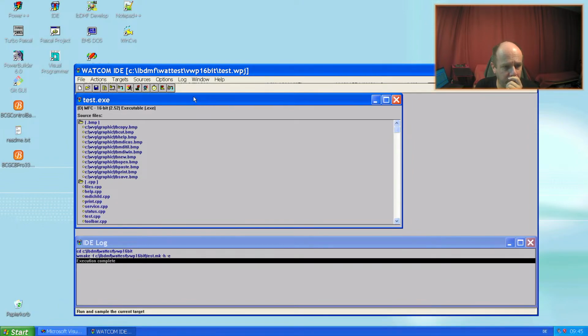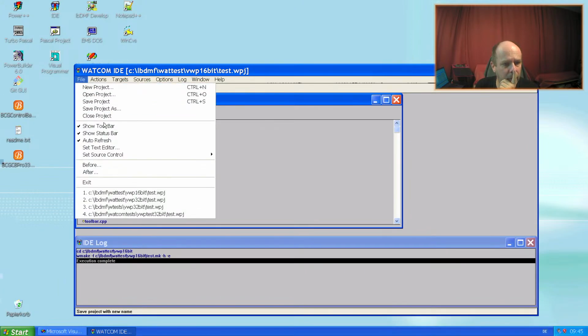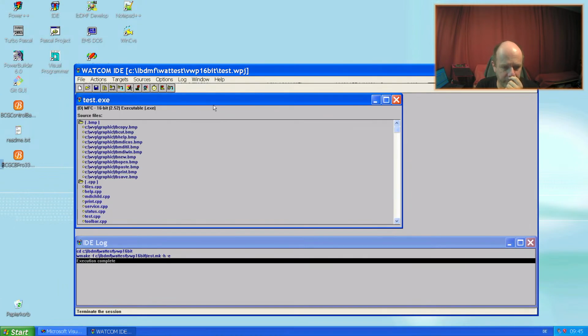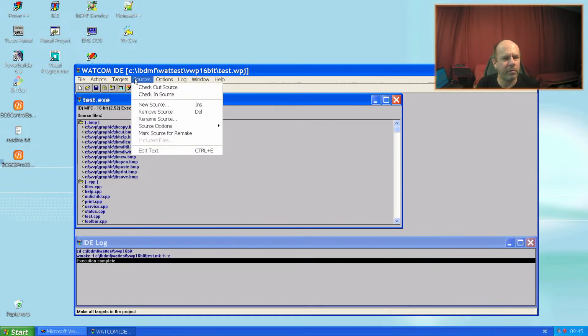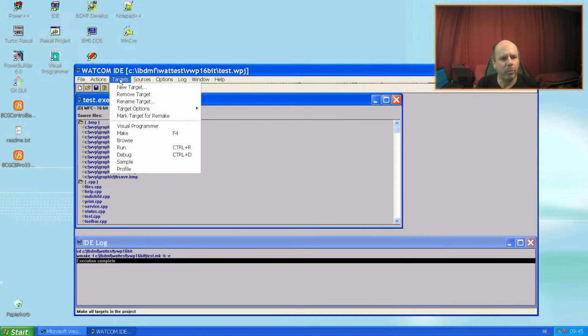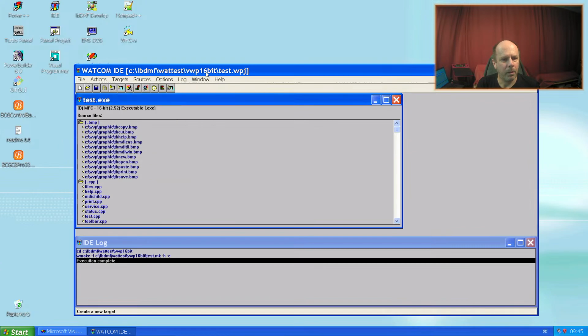This 16-bit was working. 32-bit, this was, what I want to show is what I was not able to find, or I have not noticed the tools that were included in the Watcom.